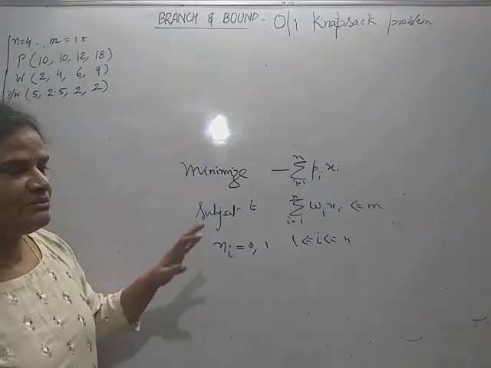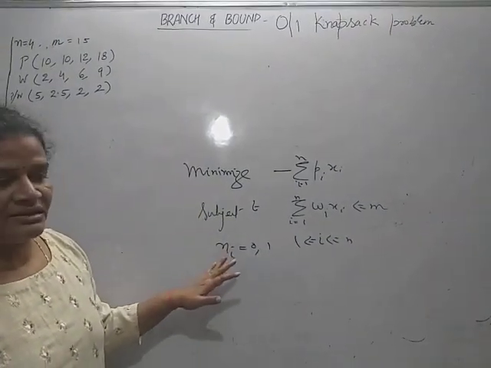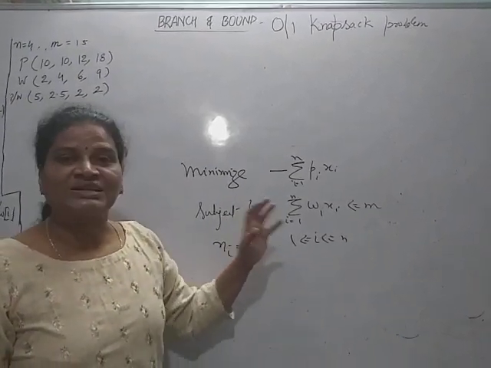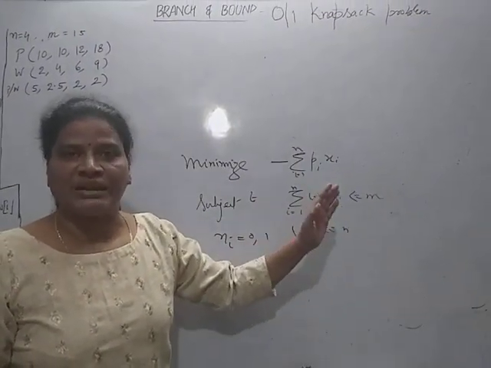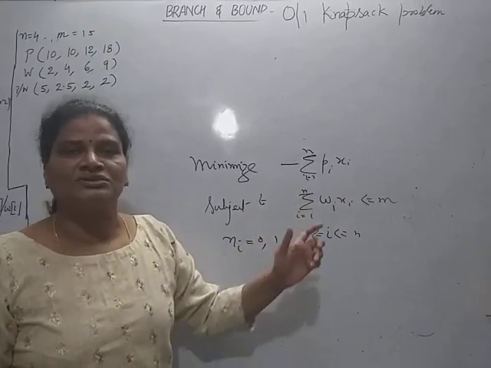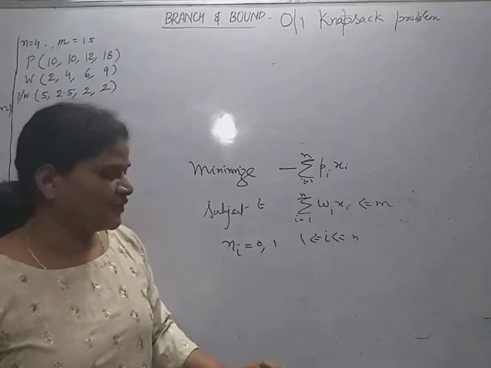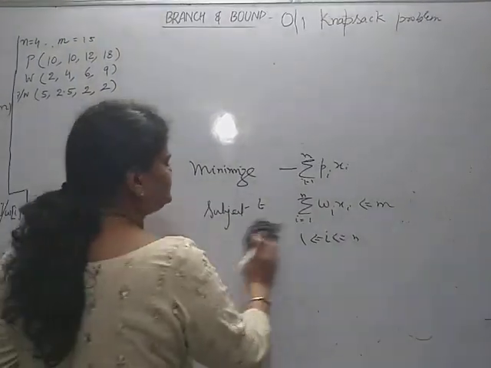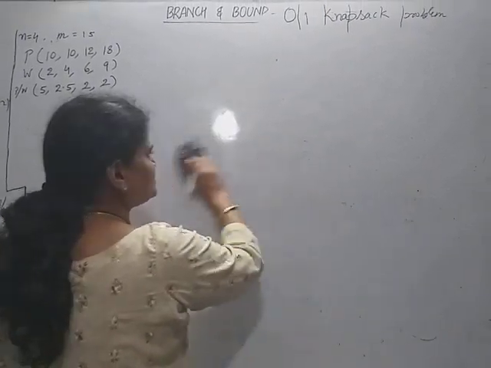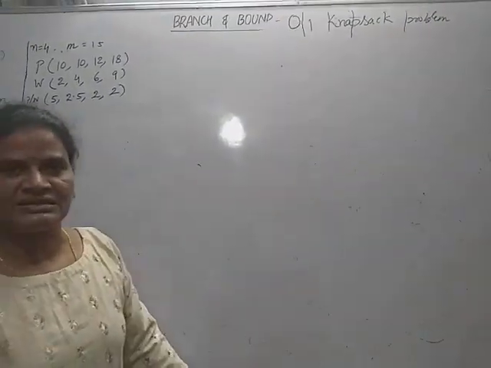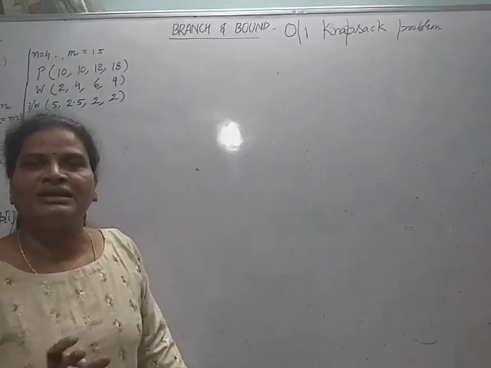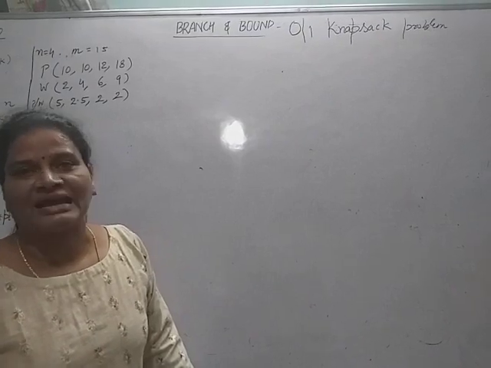I am giving the least cost search method to solve the 0-1 knapsack problem, and then I will explain how to solve it using the FIFO mechanism. Okay. So as I told, this 0-1 knapsack problem can be represented as a fixed tuple size solution or a variable tuple size solution. Here I am considering the fixed tuple size solution.